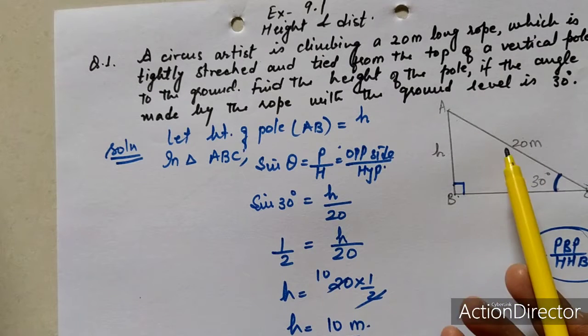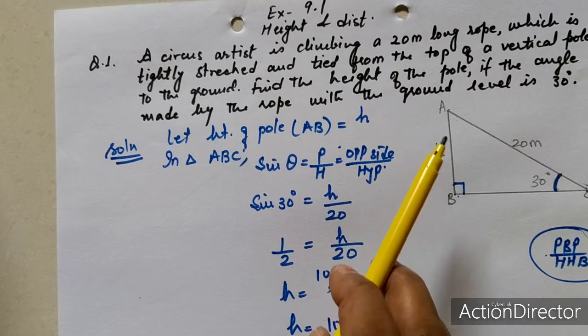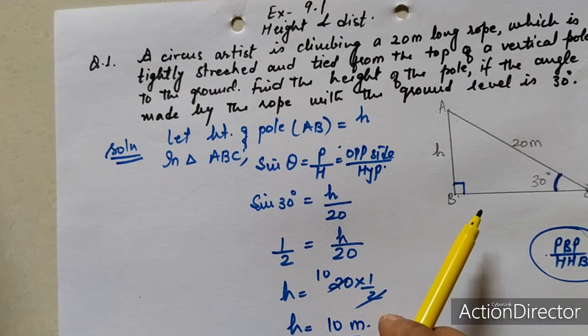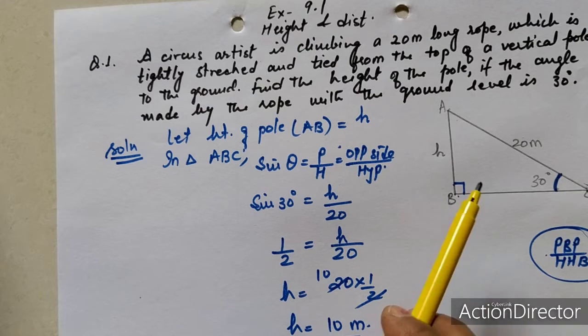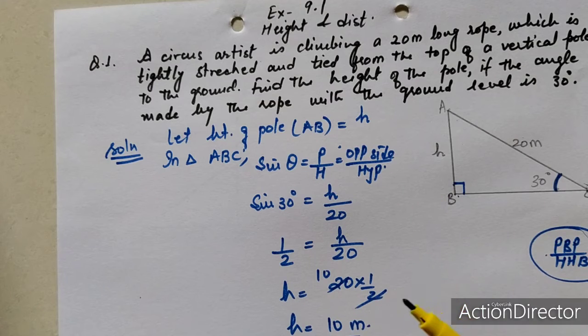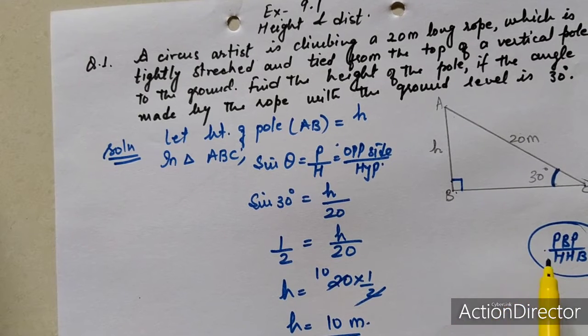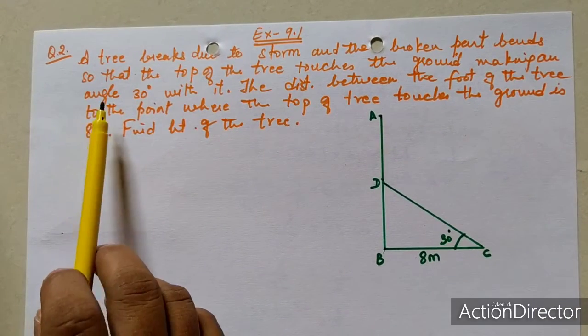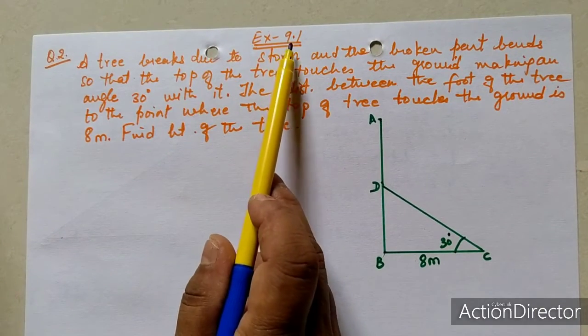But we cannot take tan theta because there is no relation between opposite side and adjacent side. So it totally depends upon the question, what is given to you and what is required to find, and then what is the relation between the two given or required sides as per trigonometrical ratio sine, cos, tan or cosec, sec, cot.